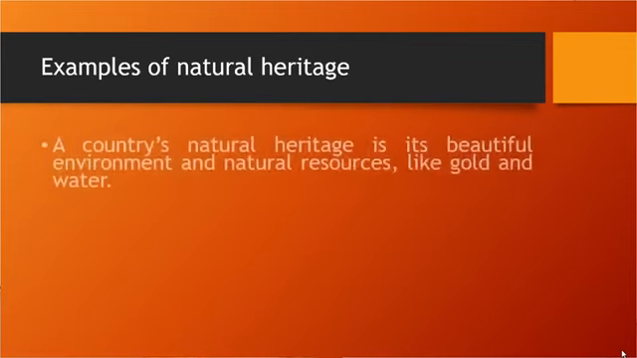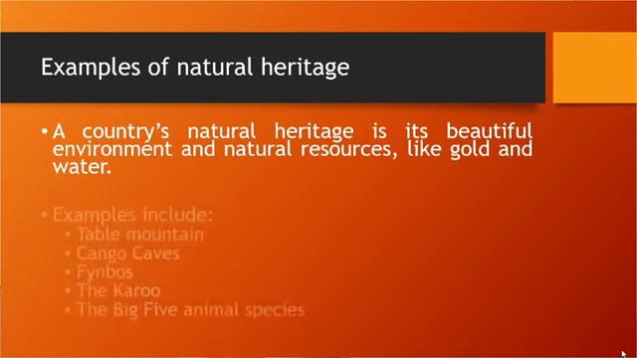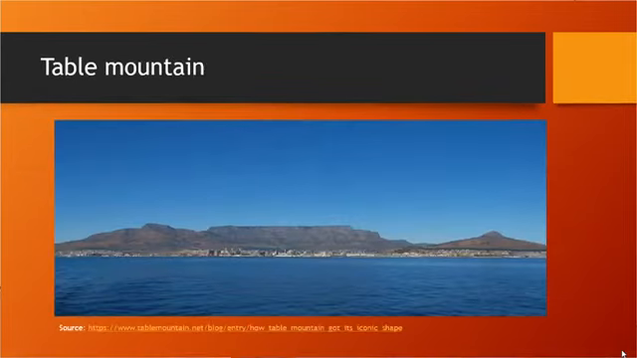Firstly, a country's natural heritage is its beautiful environment, such as natural resources like gold and water. If we look at specific tourism or heritage attractions that are related to the tourism industry, you could think of Table Mountain, which is one of the most famous attractions that we have in the country. Think of Cango Caves, the Fynbos biome, the Karoo biome, or the Big 5 animal species that we have in our country. Here's an example of Table Mountain,